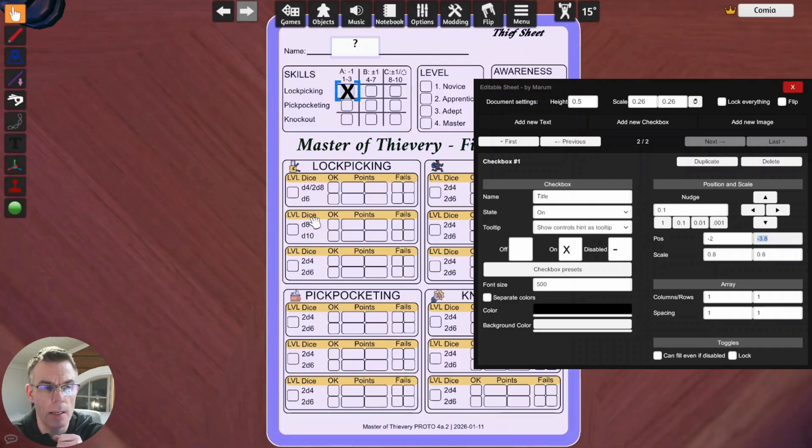So you can solve this by making arrays. So when you create a new checkbox or any other field, you have it one by one size, so only one component. But in this case, I want all the skills here at once, so I say it's 3 columns and 3 rows. Now you can see that there are 9 checkboxes available.